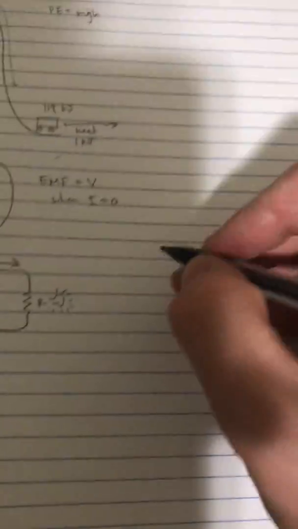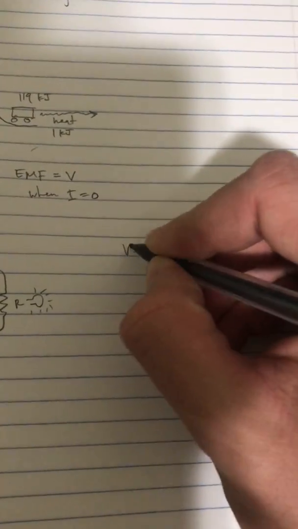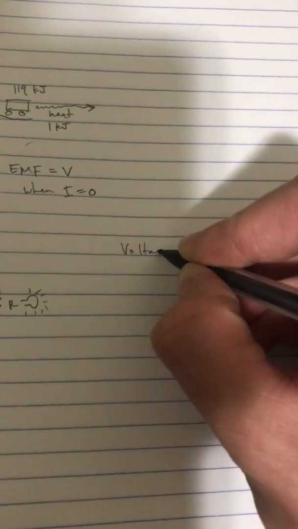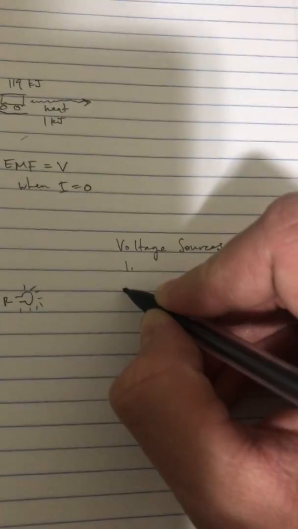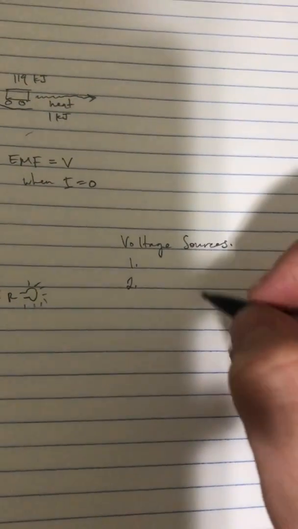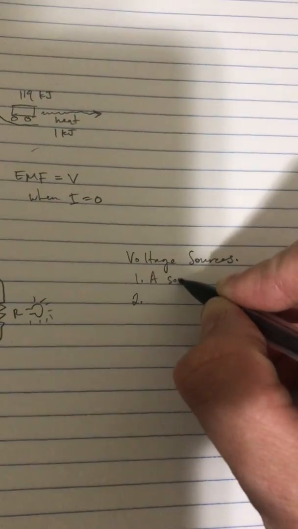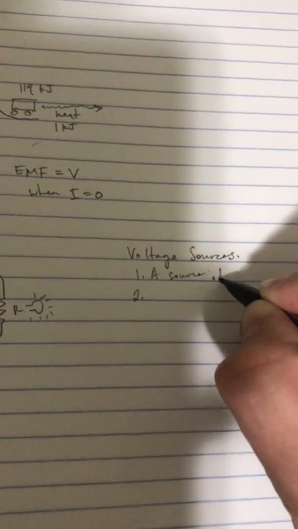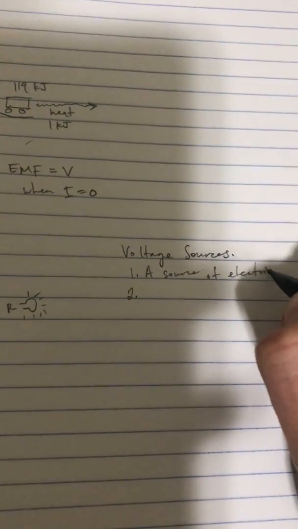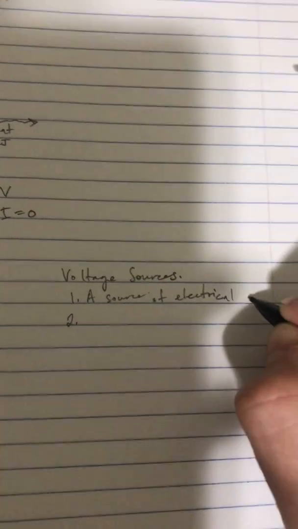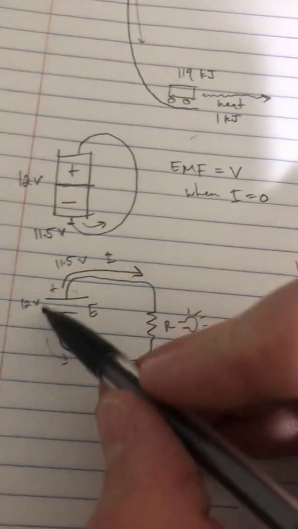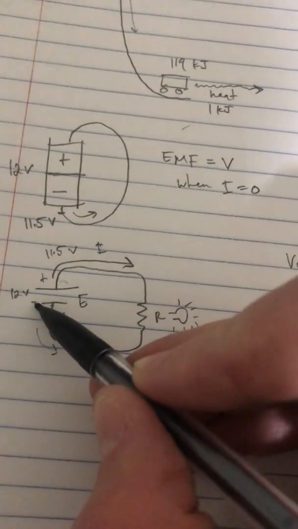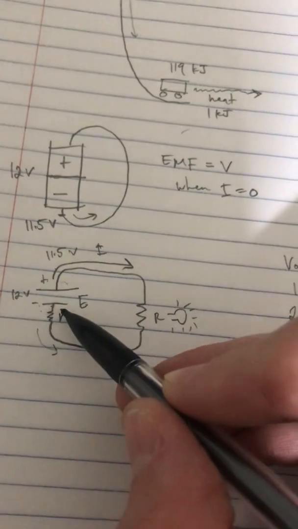So again, if we're talking about voltage sources, voltage sources always have two components to them. They have a source of electrical energy. The source of electrical energy is this potential difference from the negative to the positive charge. And because there is a barrier,